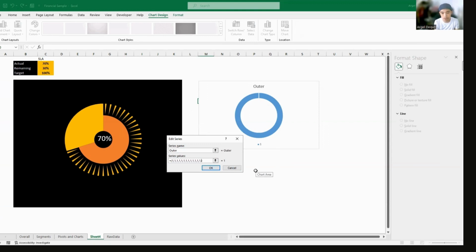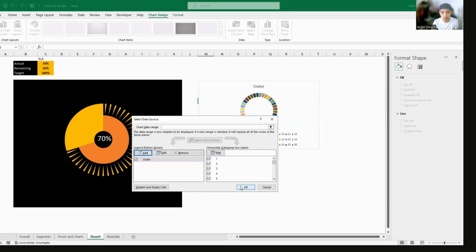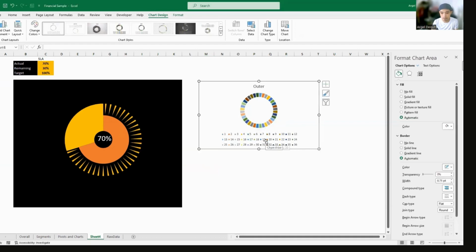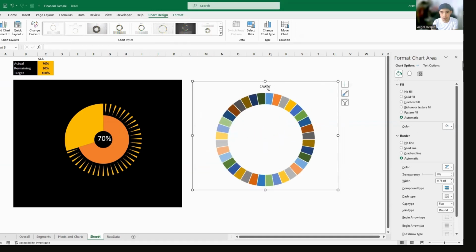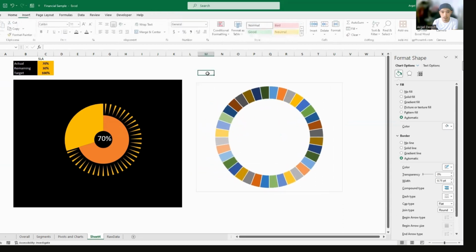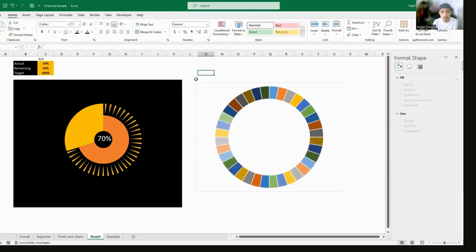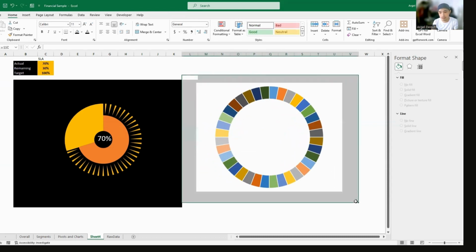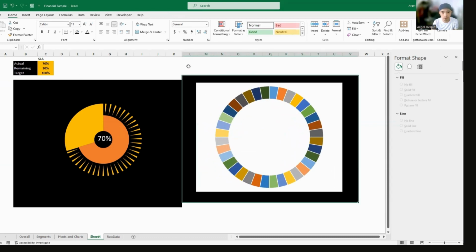So put in as many ones as you can, or at least maybe limit it to 50 ones there. I guess that's enough. Just click on OK there. Then you can see that we already have the sides or the outer part of our chart. Just remove all the text out there, and this chart would look better on a dark background. So make sure that your background is black.